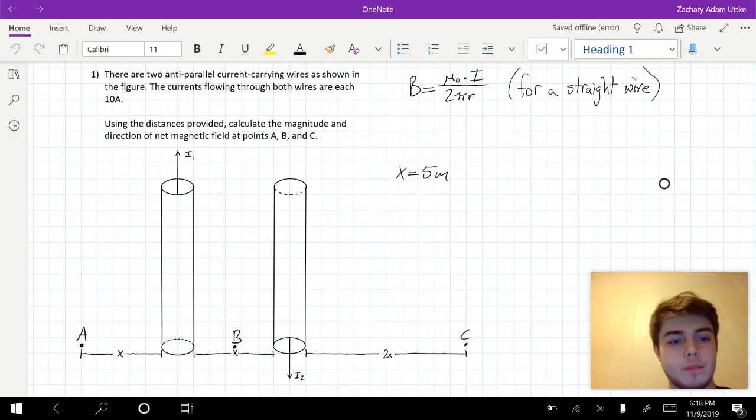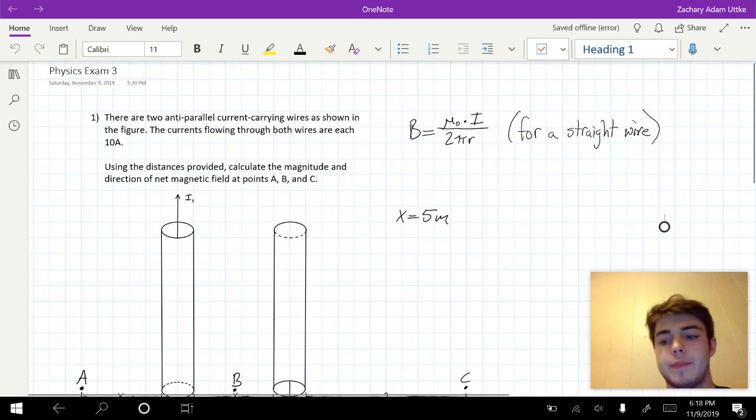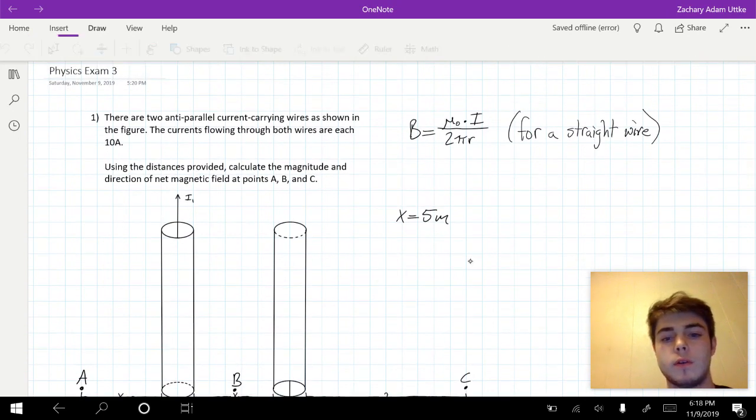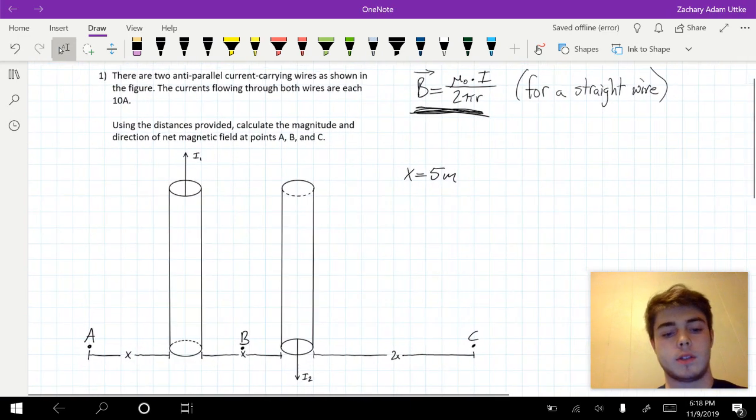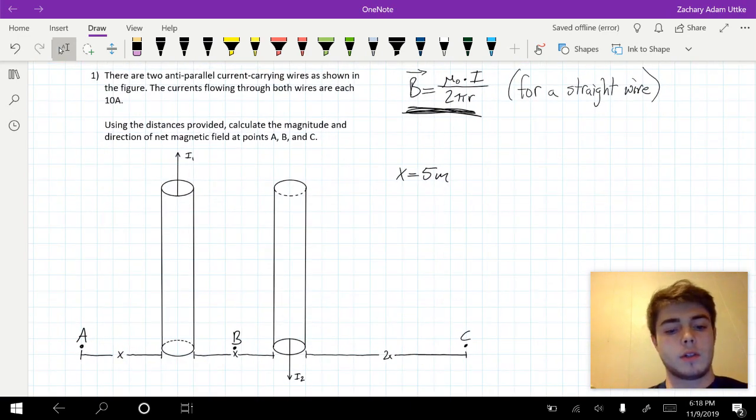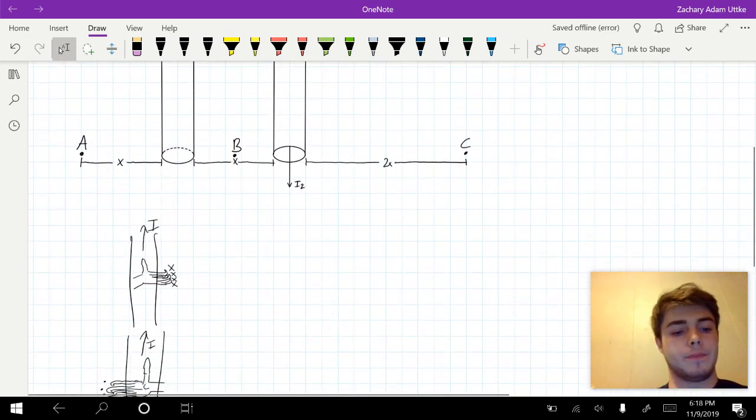Okay, so important things that we have to know is this equation right here. So this is the equation for the magnetic field produced by a straight wire, as these are. And also you have to be familiar with the right-hand rule. So real quick,